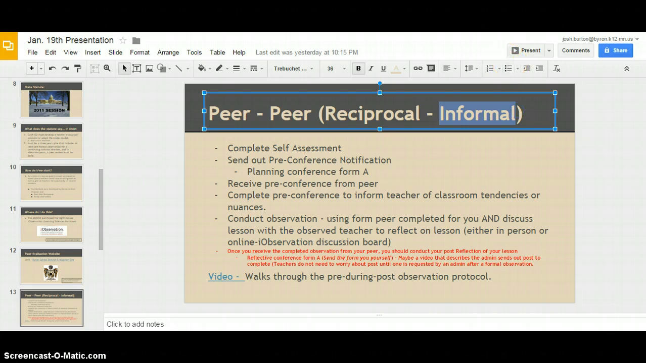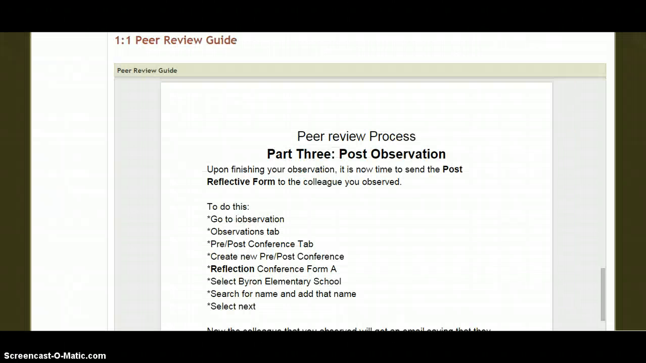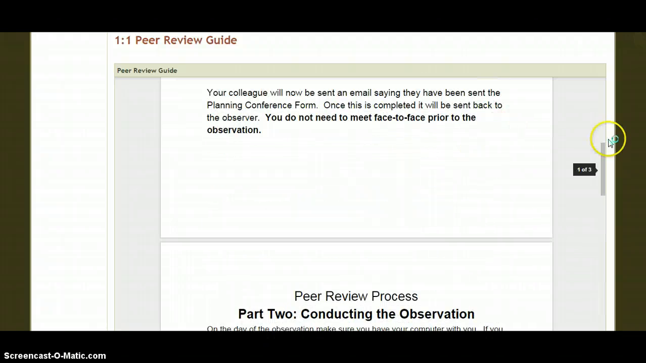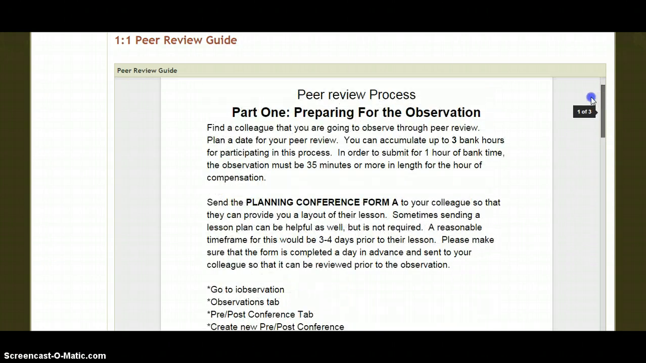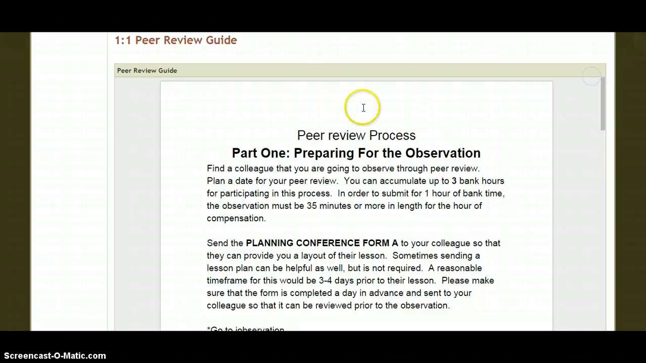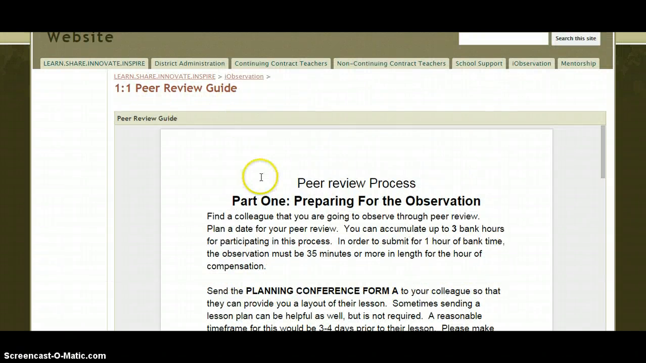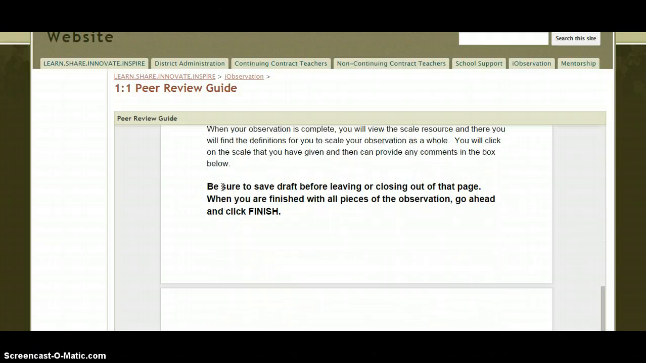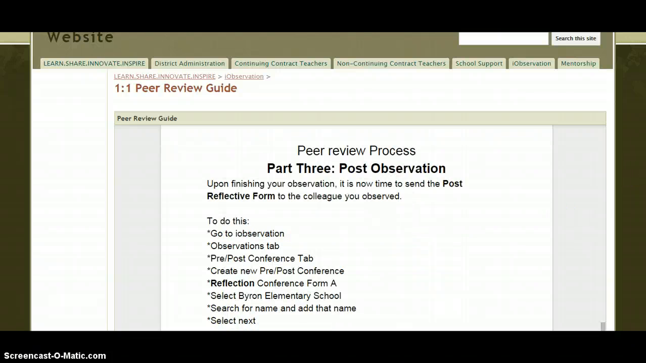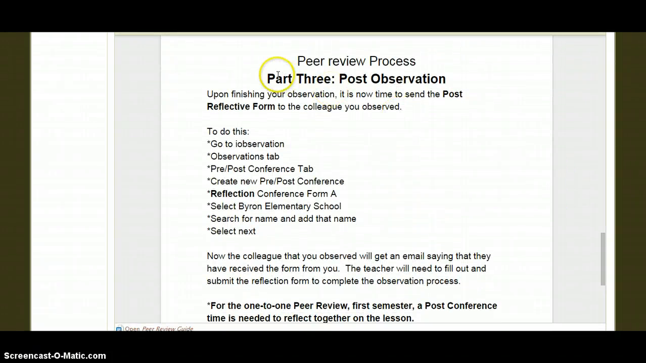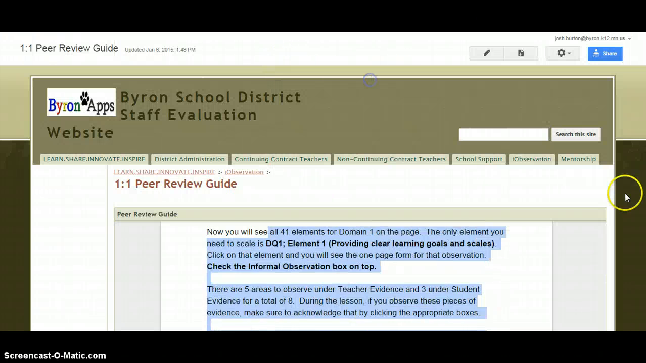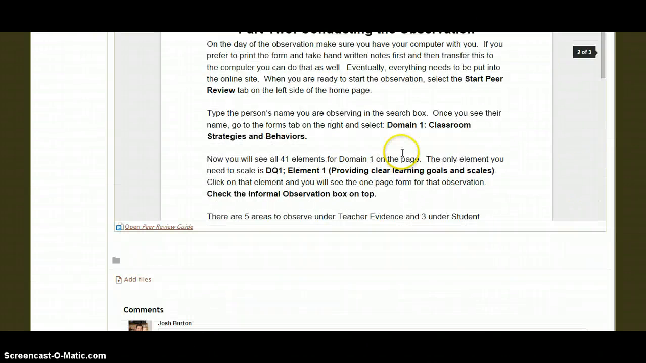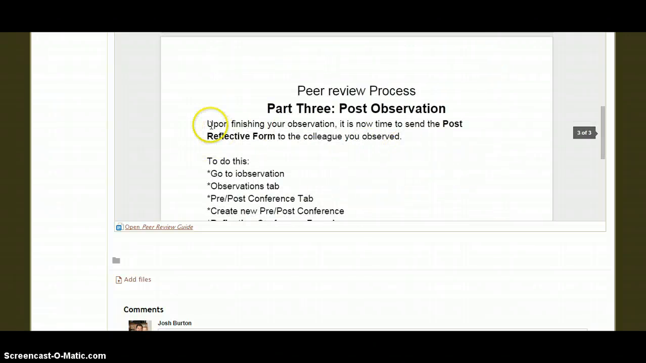In our documentation on the website that we have set up, this is a document that Amanda set up, going through the process of peer-to-peer review, which is great. It is a really nice step-by-step process. But the one thing I've been noticing with iObservation is that it doesn't lend itself very well to the peer-to-peer process for the post. Now, in part 3, it states here that